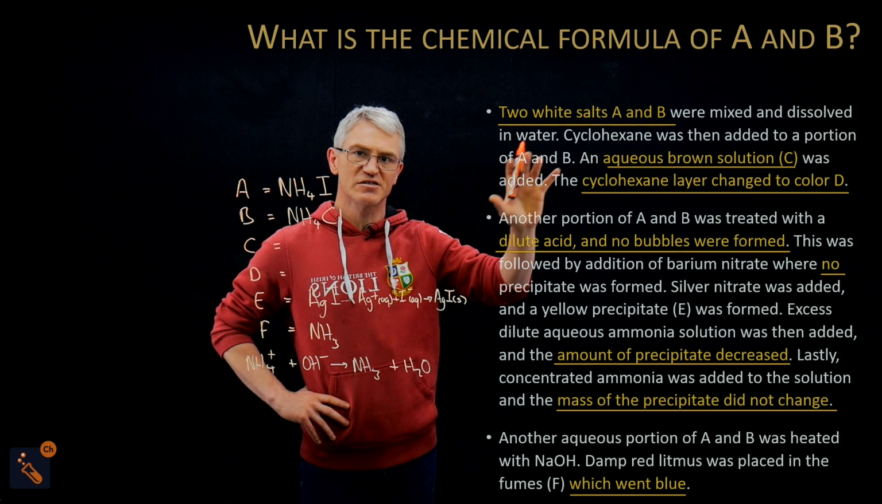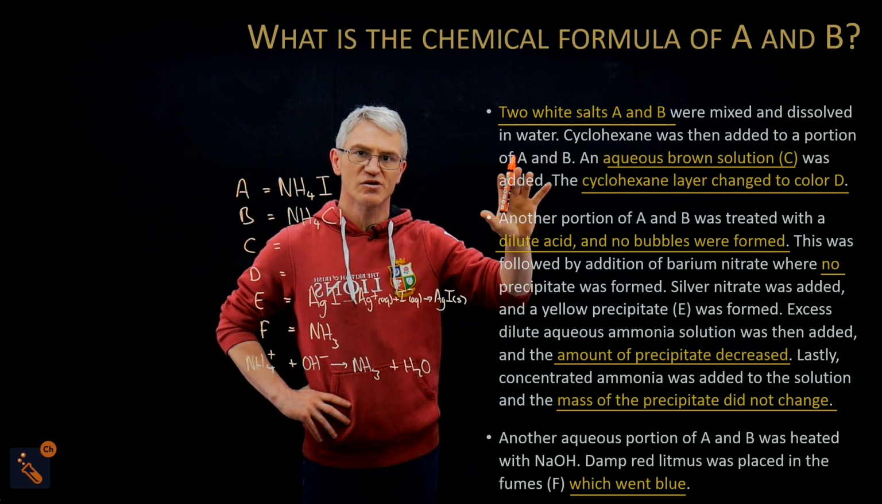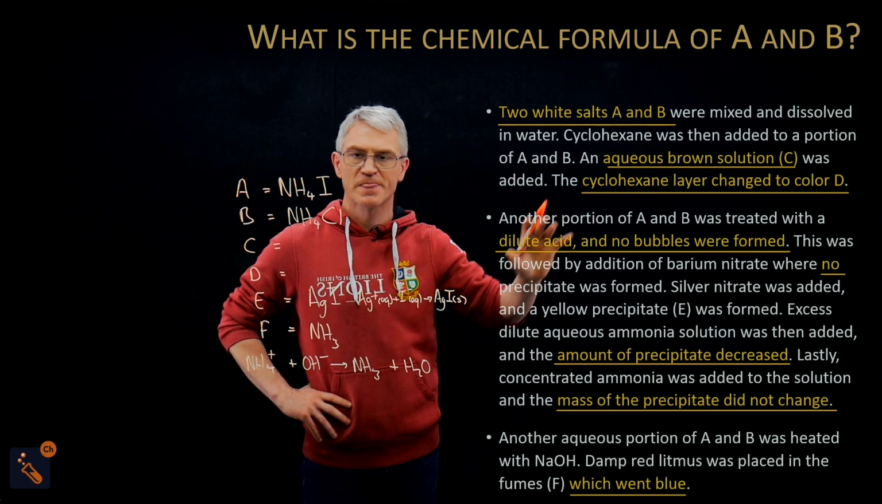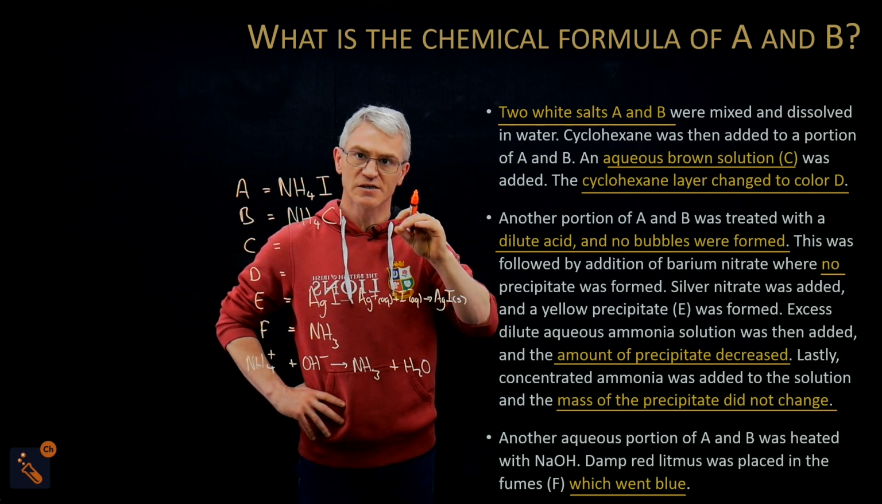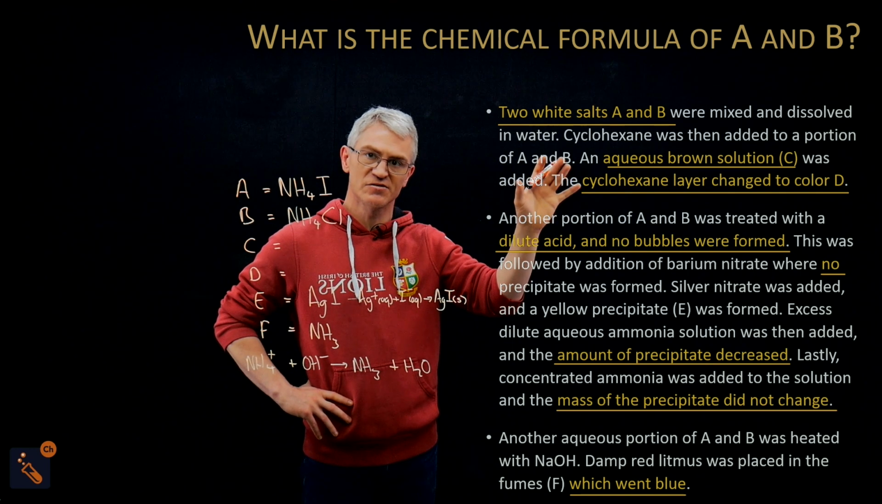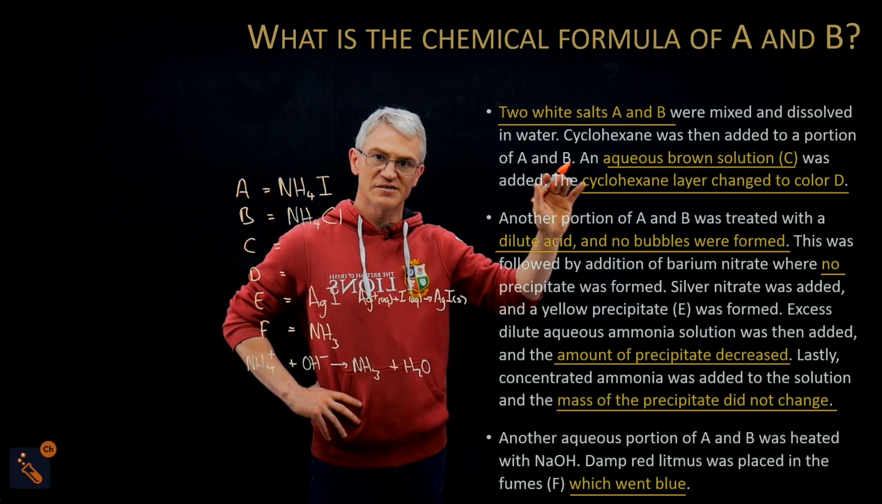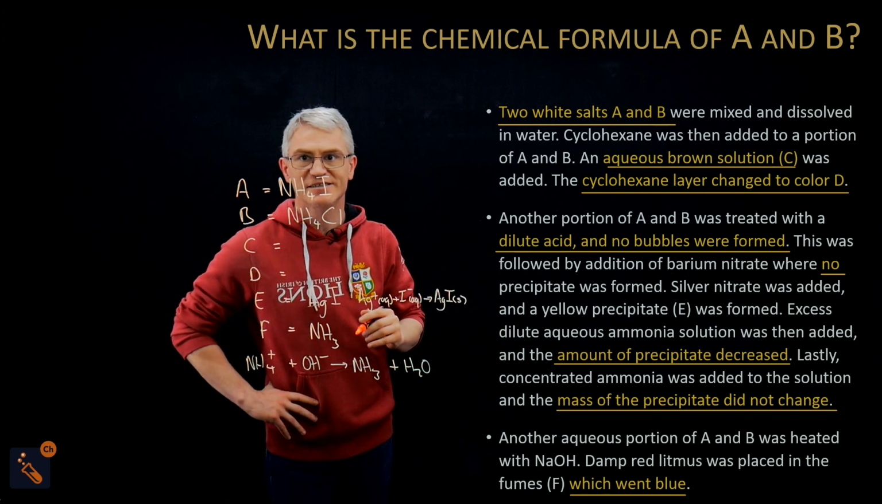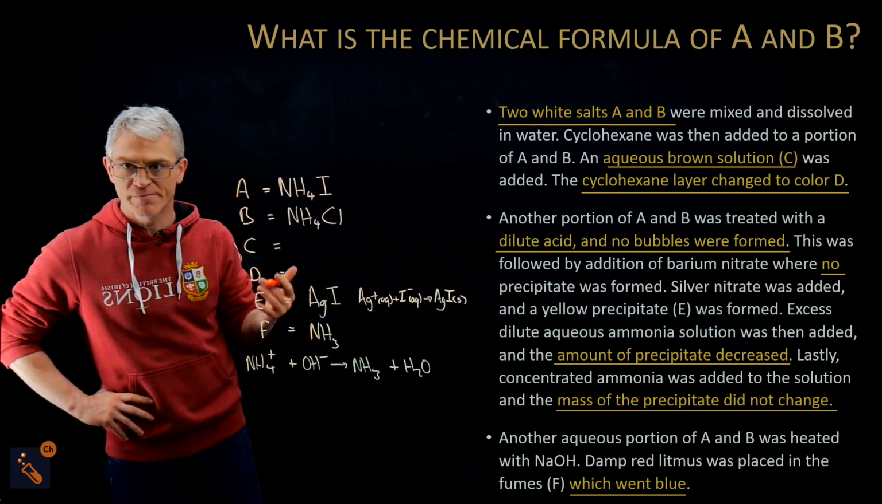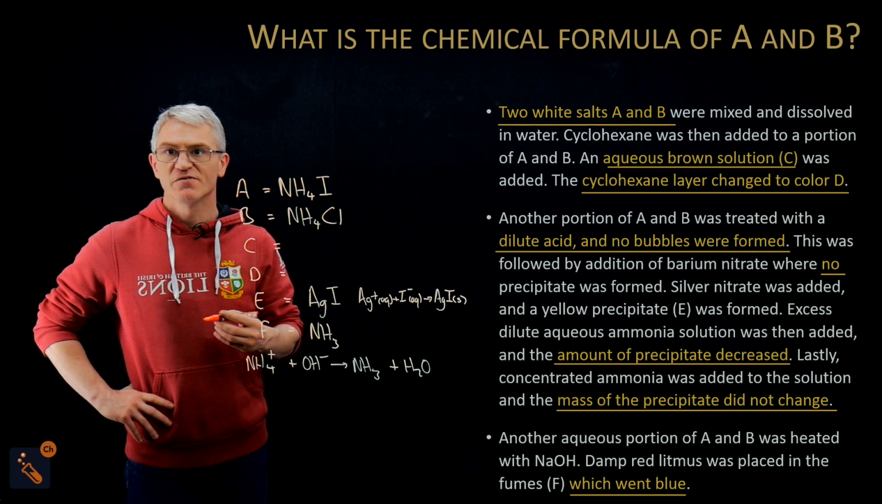So two were mixed and dissolved in water. Cyclohexane was added to a portion of A and B. And if you're not sure about colours, look at the group 7 video, because the group 7 video takes you through the different colours. So the aqueous brown solution was added and the cyclohexane layer changed to colour D. So I'm trying to remember the cyclohexane colours. Now, first of all,